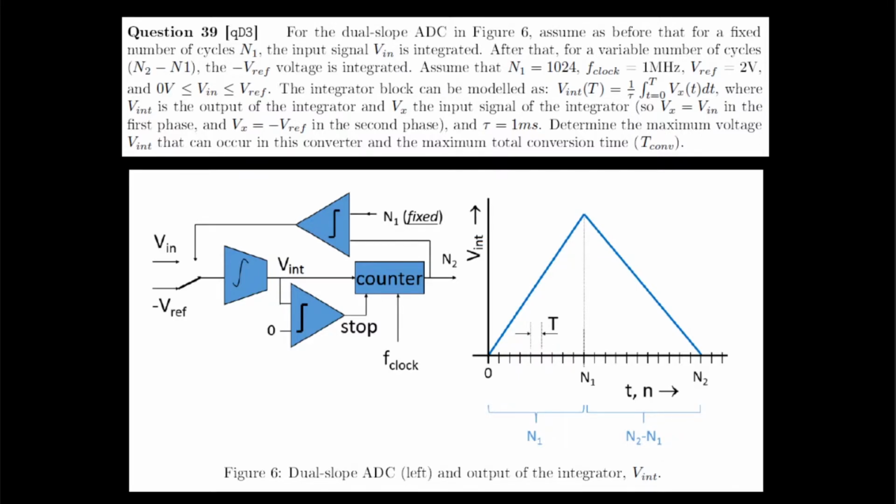Assume that N1 is 1024, f clock is 1 MHz, Vref is 2 volts, and Vin lies between 0 and Vref. The integrator block can be modeled as this given integral here, where Vint is the output of the integrator and Vx is the input of the integrator. Tau is 1 millisecond. Determine the maximum voltage Vint that can occur in this converter and the maximum total conversion